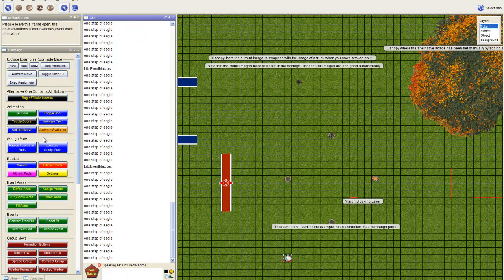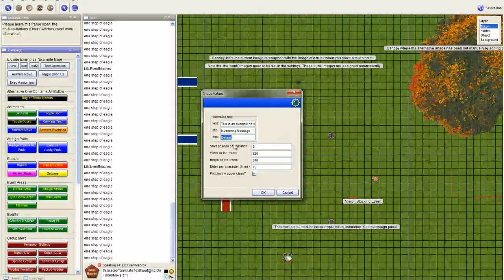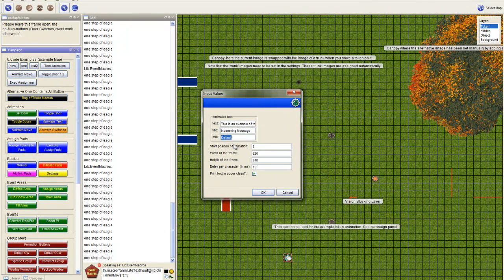And then the final animation is animate text, which you already saw a little bit of. This is the text you can enter, the title of the frame, any HTML which you want to put on top, for example color or font size, that kind of stuff. Start position, well, this is all kinds of settings. Width of the frame, height of the frame, delay of every character which pops up, and print text in uppercase or not. So this is an example of